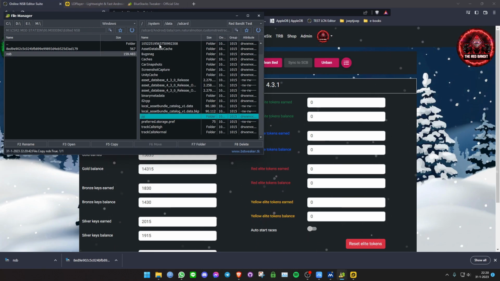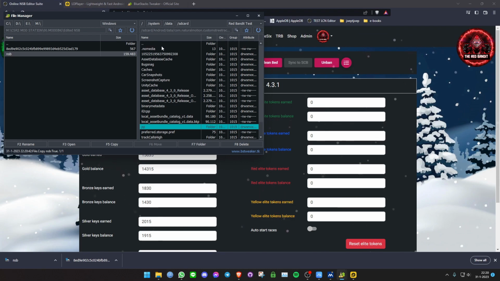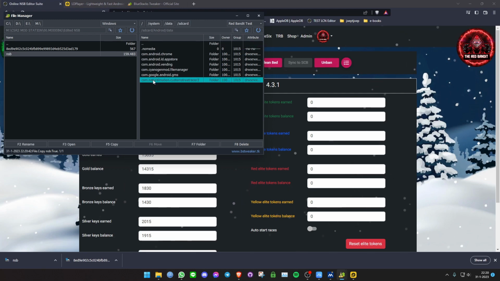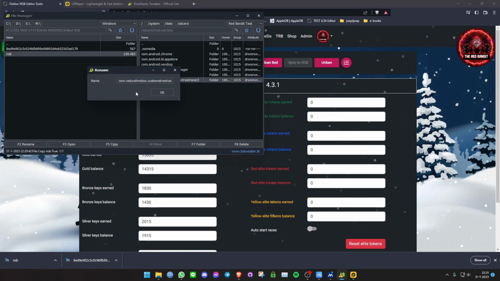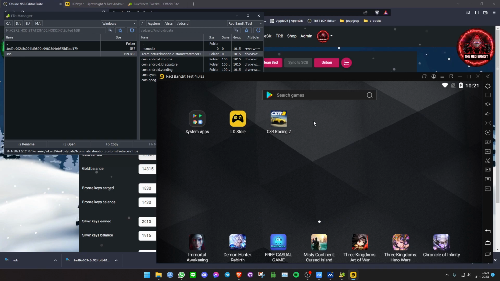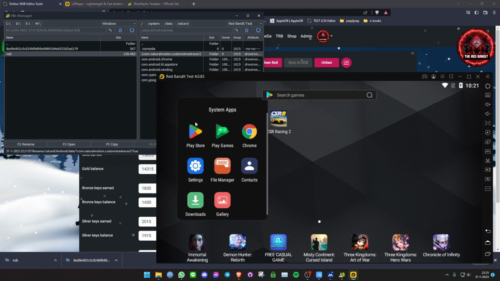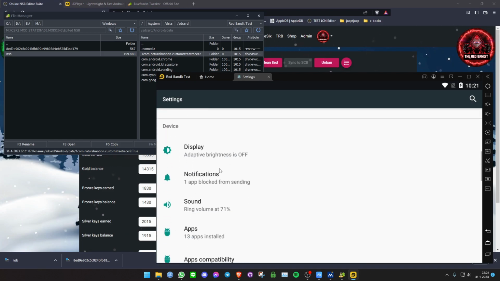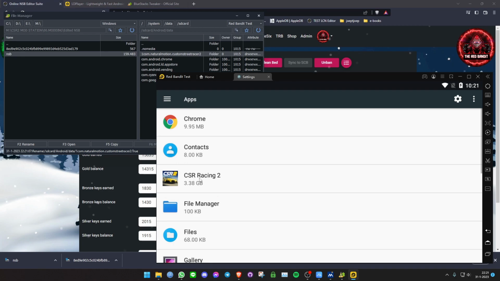Now here comes part of the Maverick process. We go up a few steps. We rename this folder. Just put a 1 in front of it, refresh, and then in the virtual Android, we're just going to go to settings, apps, CSR2,